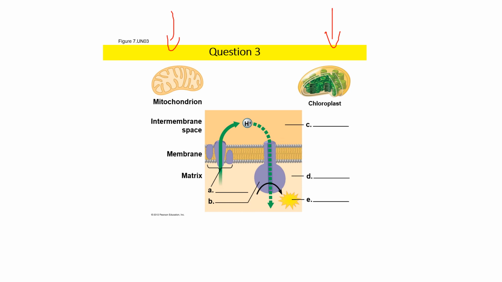So while in the mitochondria, we said that this is the intermembrane space, where is this located in the chloroplast? Here you have a membrane. What is the name of that membrane here? What is the name of the matrix here in the chloroplast? What do you produce, what is the name of this enzyme, and what are those processes that are happening here?